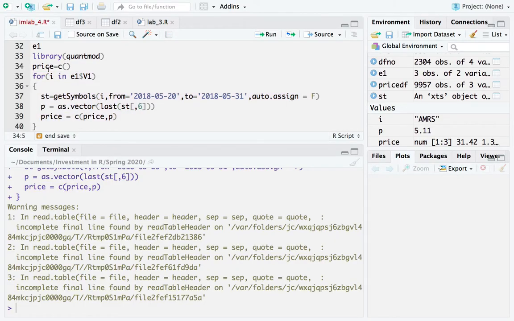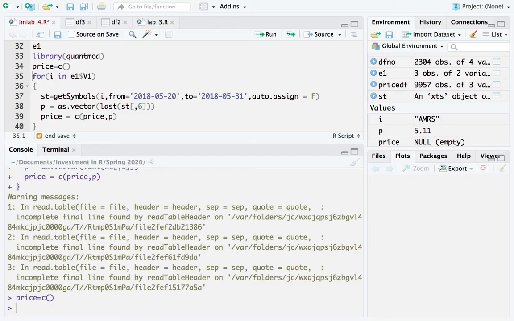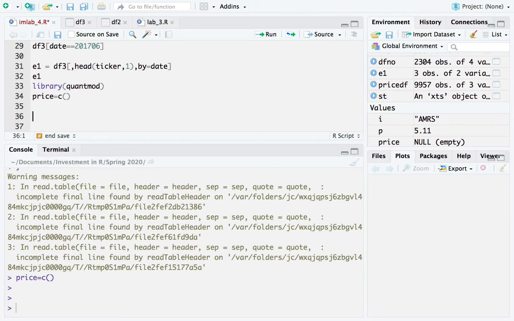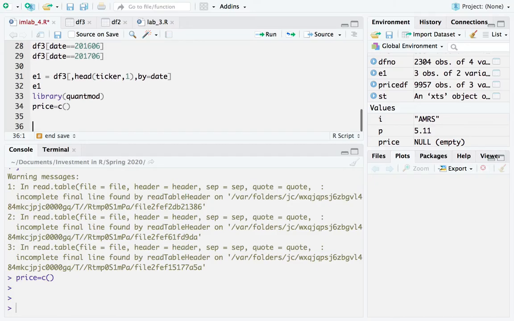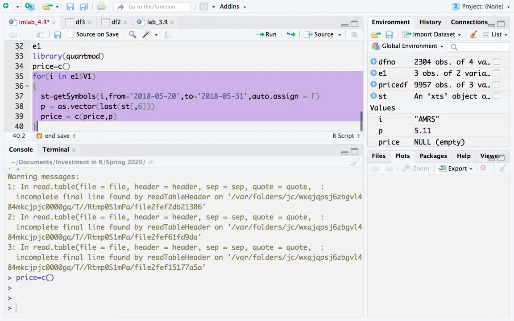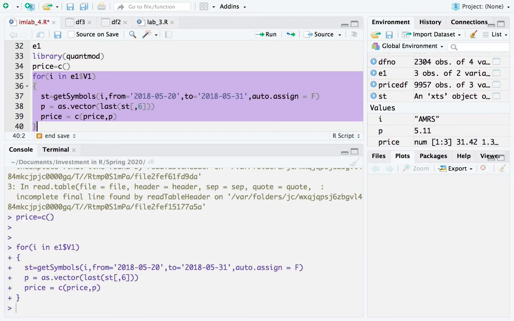Let me make this empty again. Oh, that looks like it ran. Okay, so I got a little arrogant. I don't think I gave enough space with the data. But anyway, if I click down here on price now,